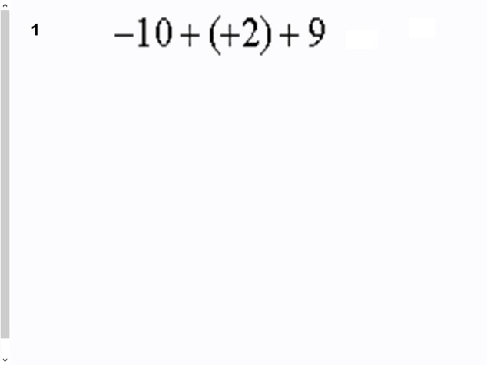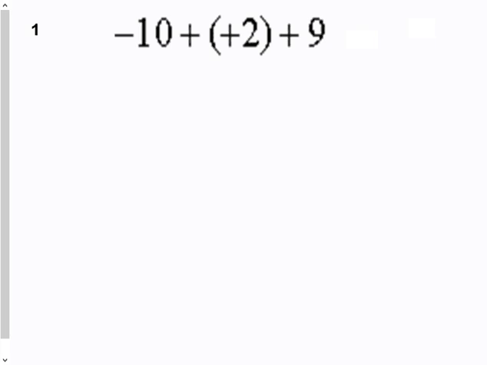-10 plus +2 plus +9. Now, before you go ahead and do this, let me give you some reminders. If you have negative numbers, you can think of that as being money you owe. And if you think about positive numbers, you can think about money you have. When you combine them, don't forget, if you have more debt than you do money, you're going to still owe money. And all those things that we talked about before. So go ahead and give this a try. Show all your work. And when you're done, press unpause, and I'll show you the results, show you the answer.